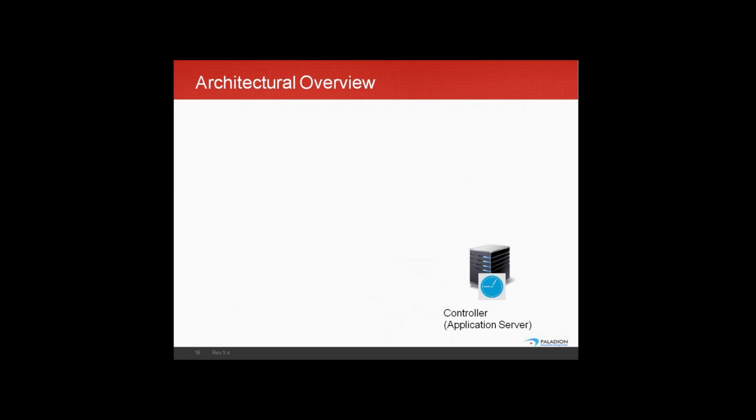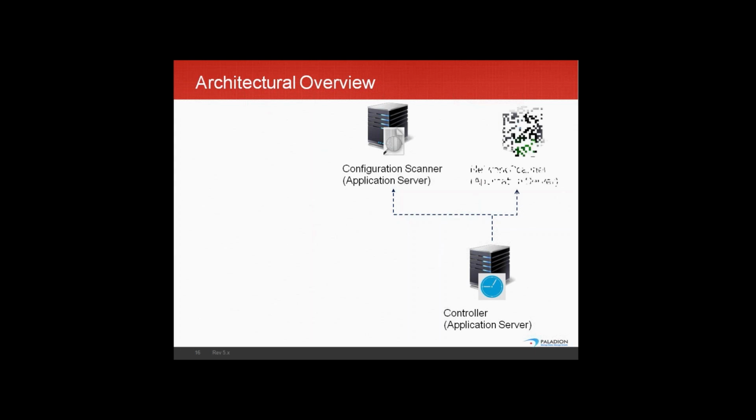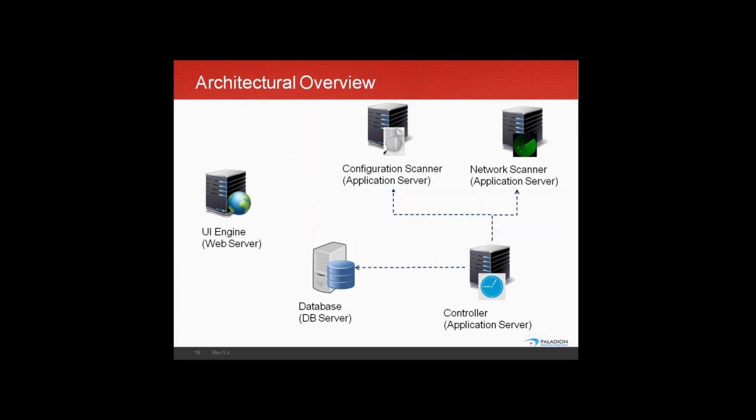Let's have an architectural overview. So you have a controller, the RiskView-SCM core, which connects to a configuration scanner, and the configuration scanner actually connects to the target systems and does the configuration audits, or technical compliance checking, or policy automation. Additionally, this controller can also talk to a network scanner or an application scanner to detect vulnerabilities. Currently the tool is integrated with vulnerability scanners like Nessus and OpenVAS so that it can perform a network-based scan as well.